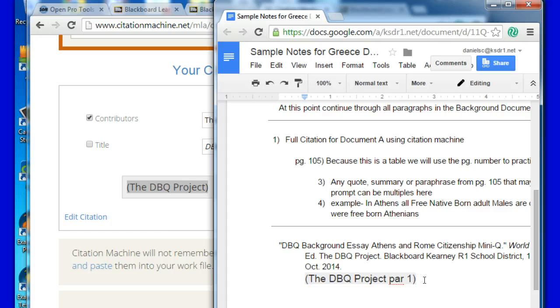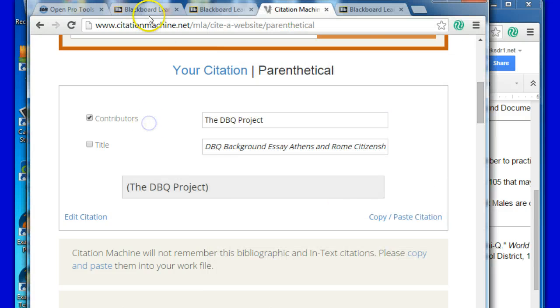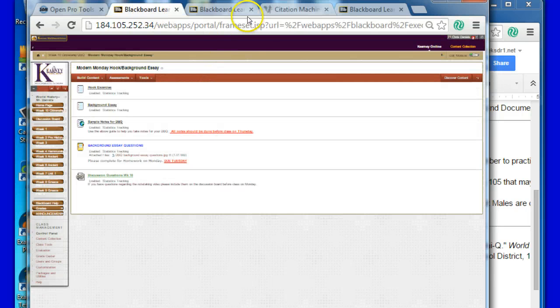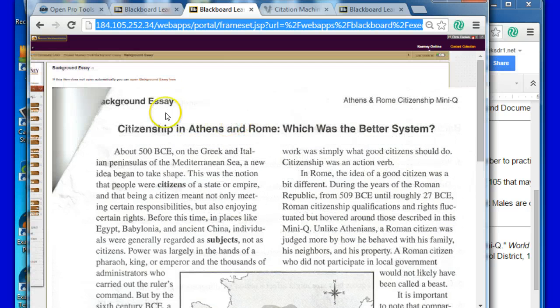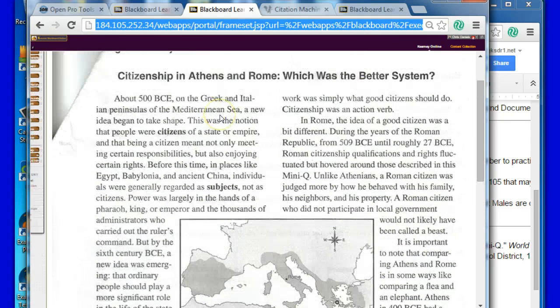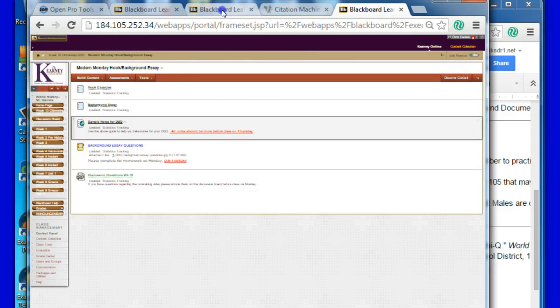And what I'd like to do with this is do a brief summary of paragraph 1. Now, for those of you who are a little bit more advanced, you're going to notice that there's a skill here that could very well be used. Another thing that you could change a little bit would be citizenship in Athens and Rome, which was the better system. You could put that in for the title of the article. You can call it the background essay. Either way is fine. But one of the reading skills that we're going to use, and we've talked a little bit about, is the